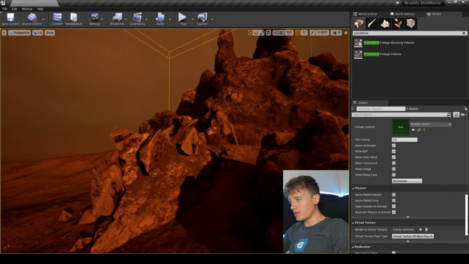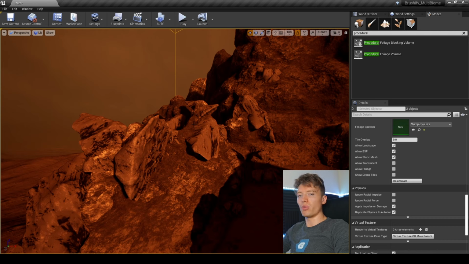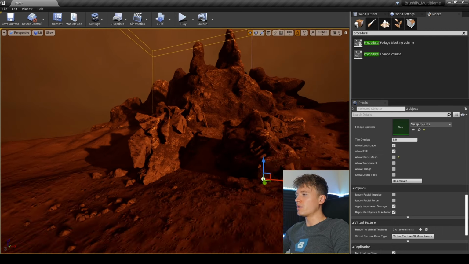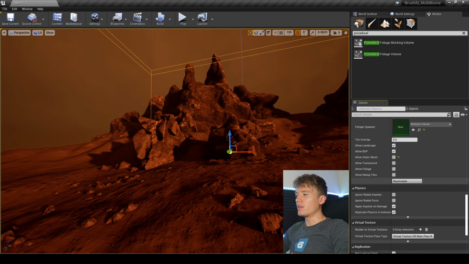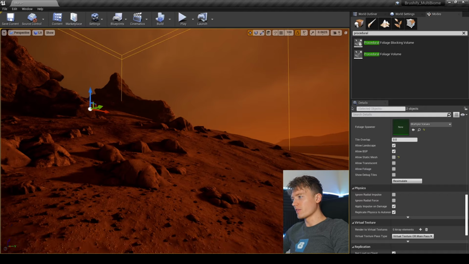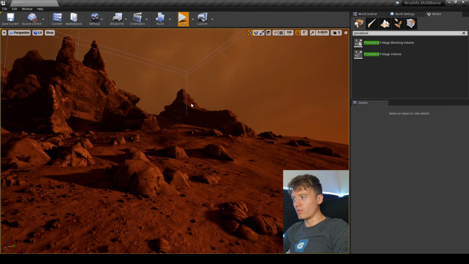If you ever get issues like this where stuff is spawning on the top of your static meshes, just make sure you untick allow static mesh right here. And then hit resimulate. And that will stop it from spawning on the tops of the meshes like that. So it'll only get it spawning on the landscape. But that's really just how you can rapidly procedurally generate and do most of the work for